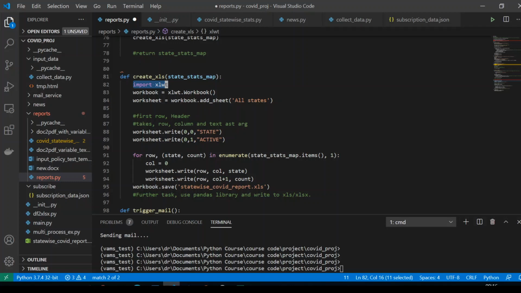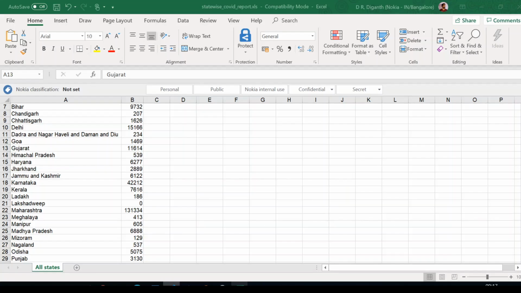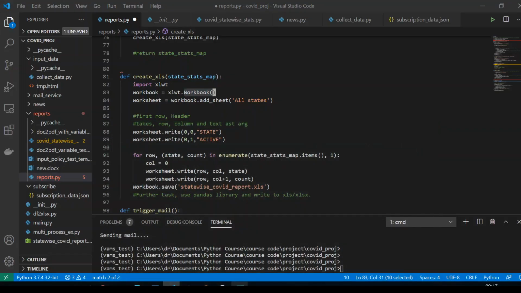There is another library which is XLRD. It is used for reading the Excel sheets. Now this is for writing. As we saw while looking at the Excel sheet and its object model, this library has an object model for the Excel sheet. So we have created a workbook which is nothing but this file. We have not written it, we have just created objects. So it is still in the RAM, it is not in the hard disk yet. Okay, keep that in mind.